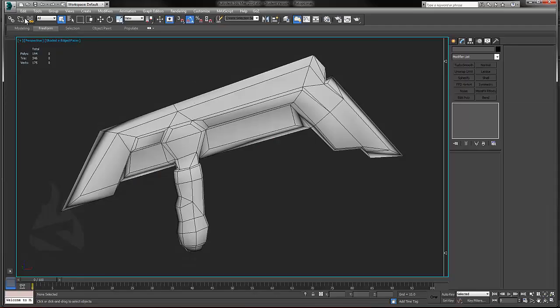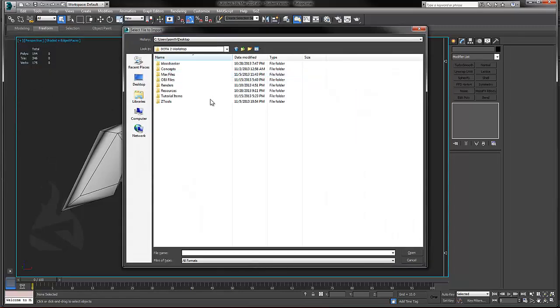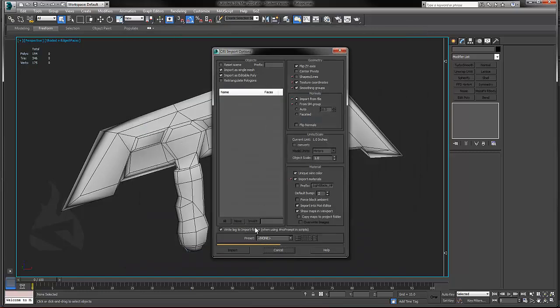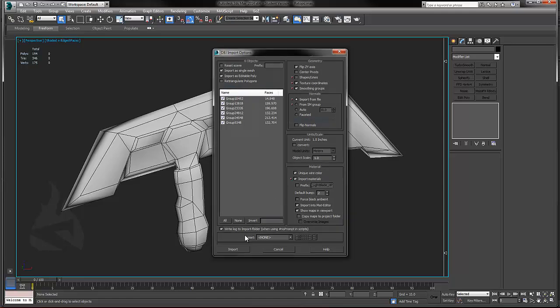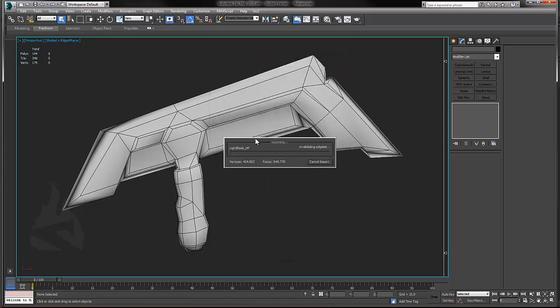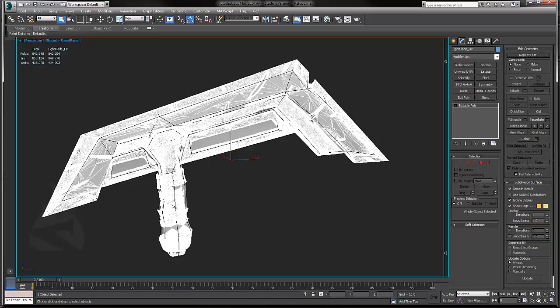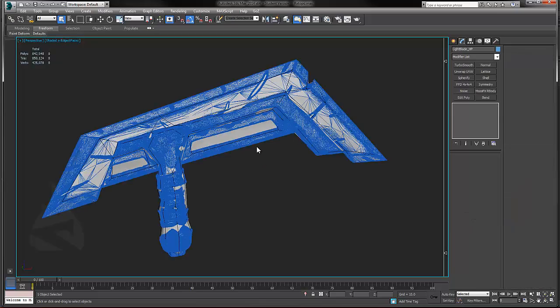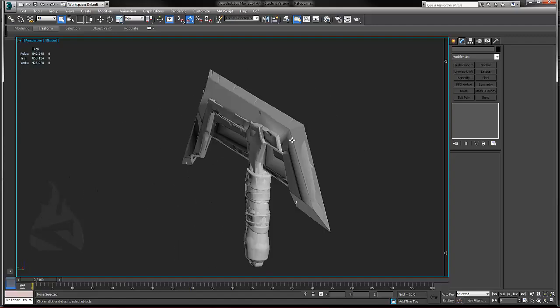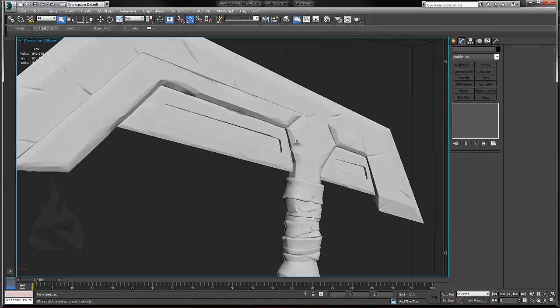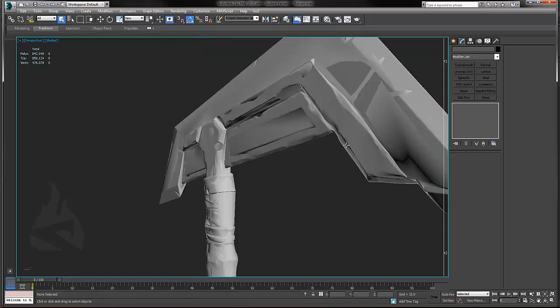Okay, one final thing I would like to do is go here to File, Import. I'm going to go to my Dota 2 workshop, OBJ files. I'm going to import this high poly OBJ as a single mesh. And what I'd like to do is just make sure before I start baking in the next video tutorial that my low poly lines up perfect with my high poly, which it should be doing since we retopoed it. So here I can hit F4 to turn off my wireframe, and again I'm just making sure here that we are